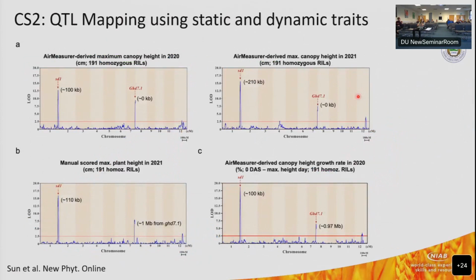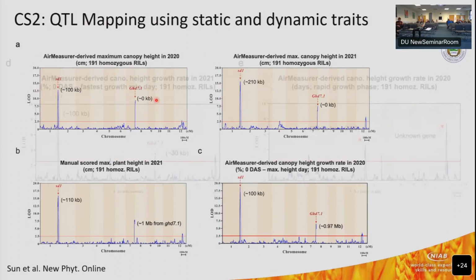And then the genetic mapping, the QTL mapping, will tell you the story. So if you're only using maximum height as the static trait, then you can get this semidwarf gene. In rice, we normally have to hit this particular locus before we believe the result. And GHD7.1 is the stem elongation. And if we change from the static